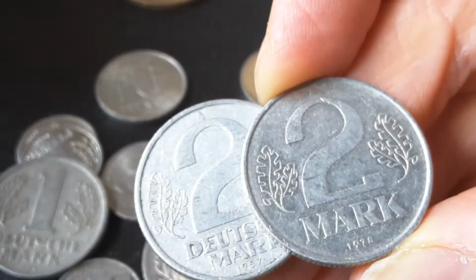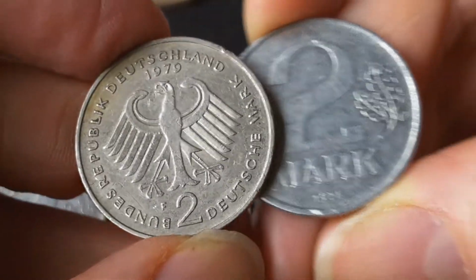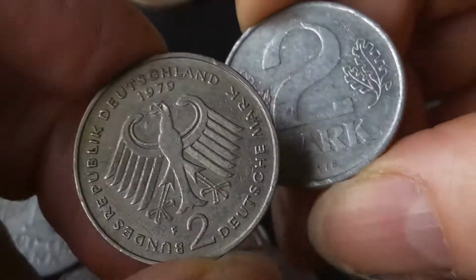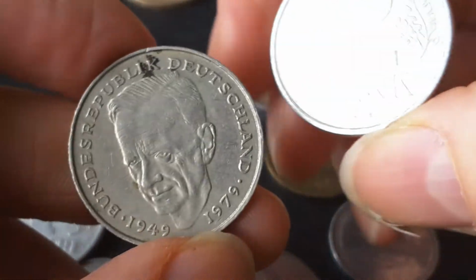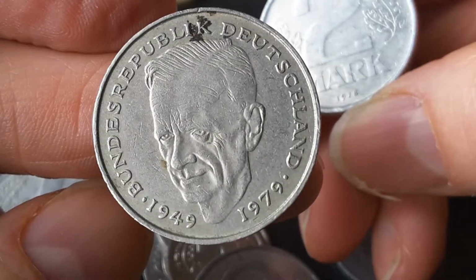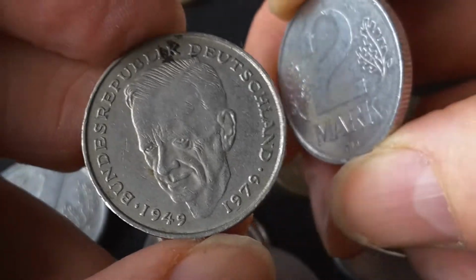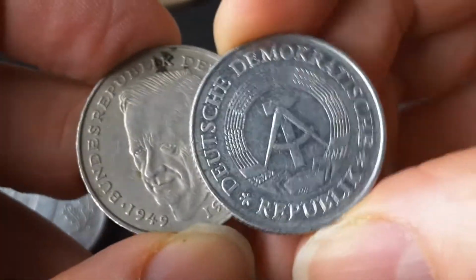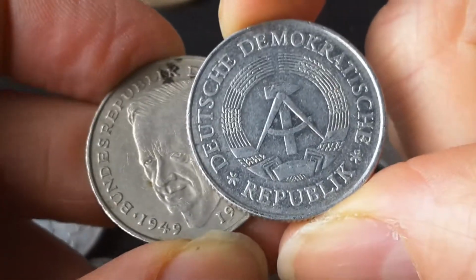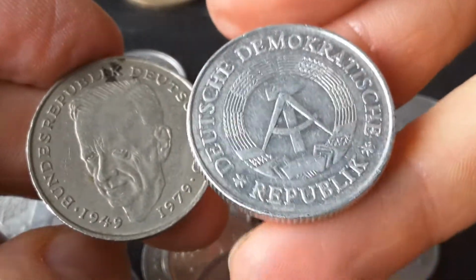So the coin size is actually quite similar. So here's the actual size, 1979. This one circulated to 2002. And you can still change these ones at the actual Bundesbank for face value in euros. So I think it's about €1, or a little bit more. But these ones you can't exchange at the bank anymore. So these ones are no longer legal tender, which is a pity,